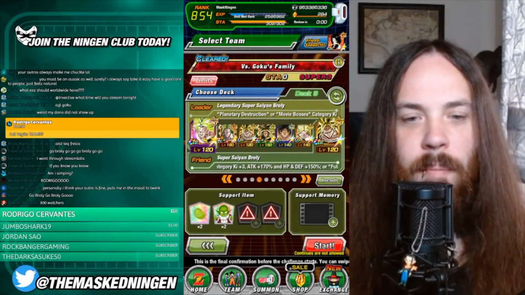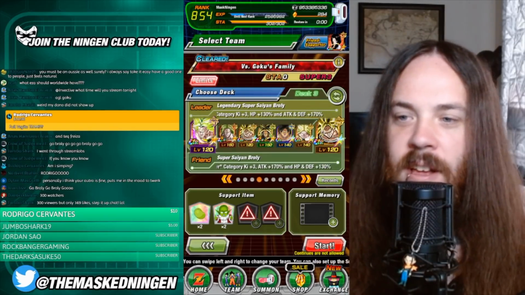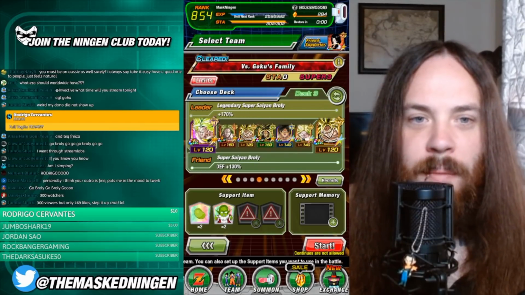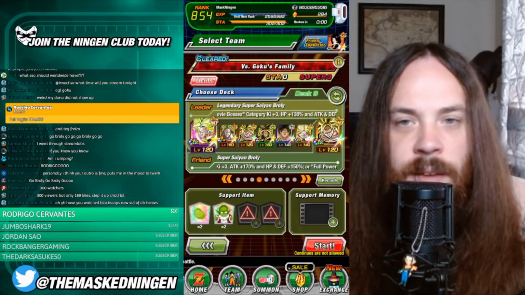So here we are back, we're still on the stream, we're trying out these same name teams. We are using a full BROLY team here now, and obviously, why not, what better stage, we're going to do the Goku family Infinite Dragon Ball history. So I'm bringing a friend, physical BROLY,